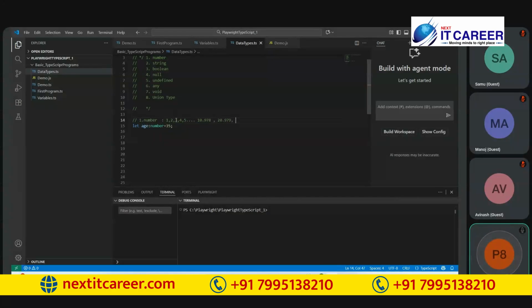It's going to allow this kind of data also. Okay, so the number data type is going to specify numbers.